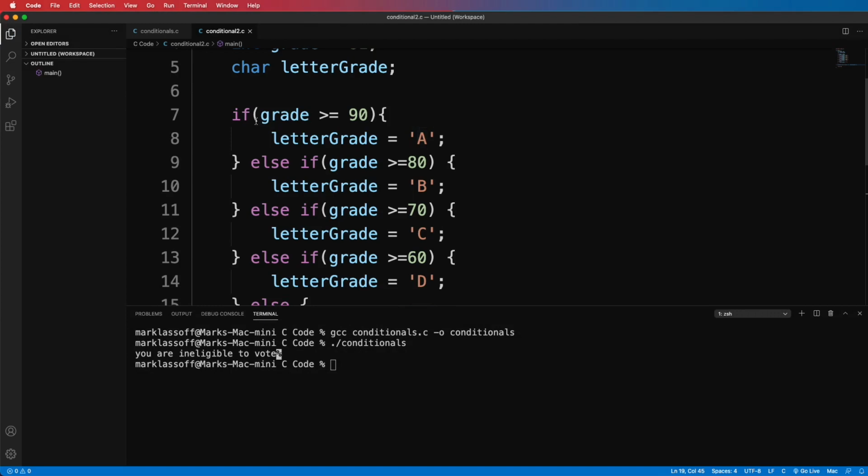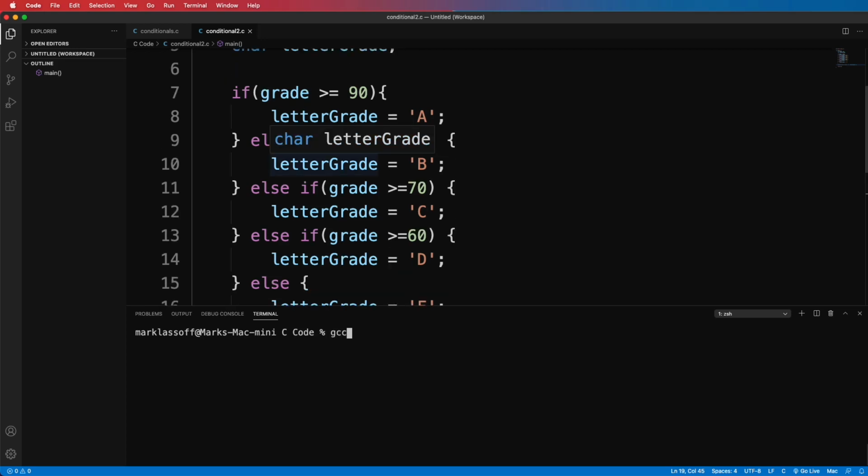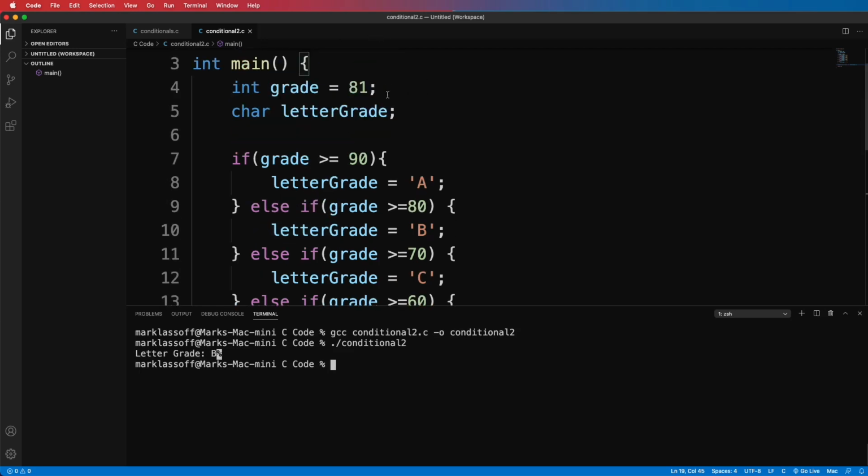And so now we have a more complex conditional. But what happens here is it's going to test only as many of these else ifs as needed till one of them is true. Let's go ahead and run this. So it's going to be conditional2.c, and I'll make the executable just conditional2. All right, no error. And there you can see letter grade B. So now we're actually able to write programs that do something pretty useful, because here we have a kind of long, more complex determination based on our ifs, but we're still getting the correct output.